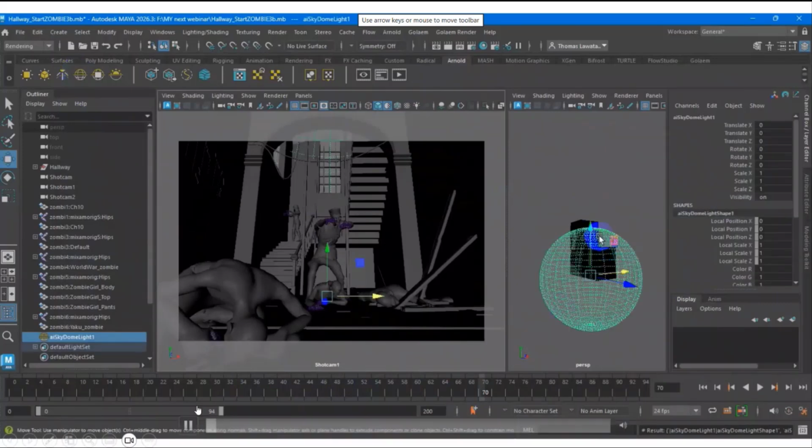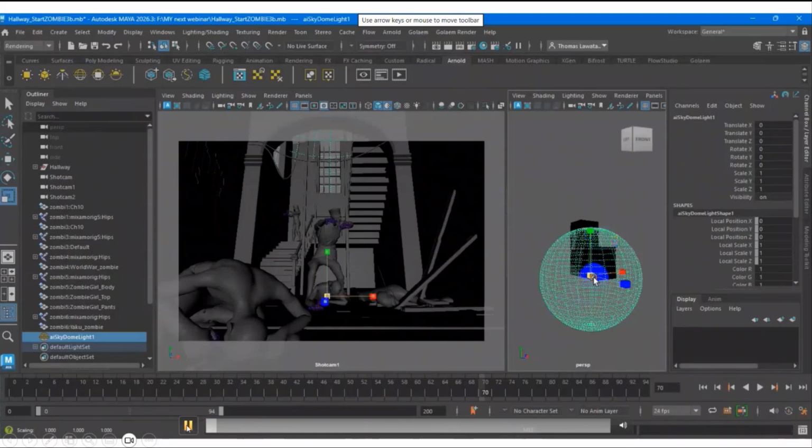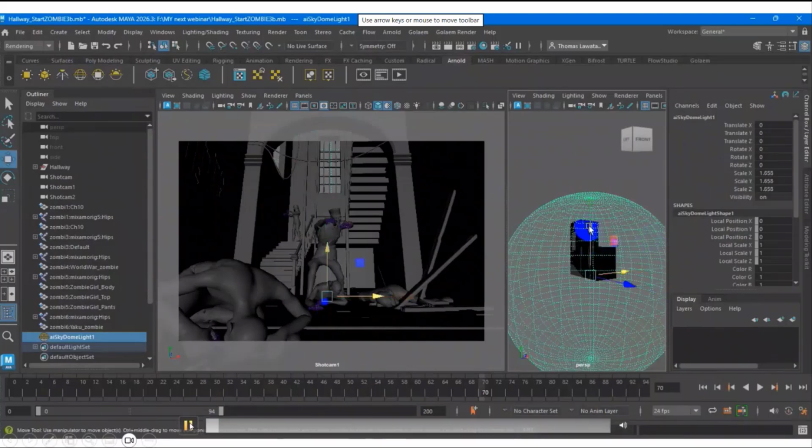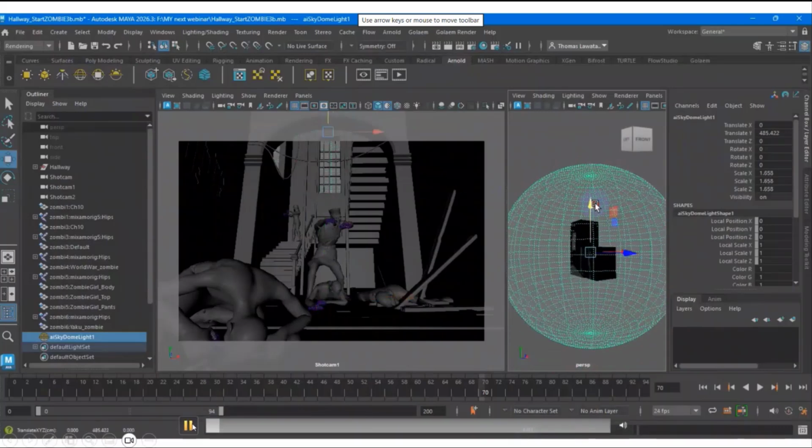So for the lighting first, I put the sky dome. The sky dome is like the center of light. Once you have the sky dome, sometimes I want to do some environment. That's why we can put an HDR file inside the sky dome. How to do it? I'll show you. So I try to resize my skydome.